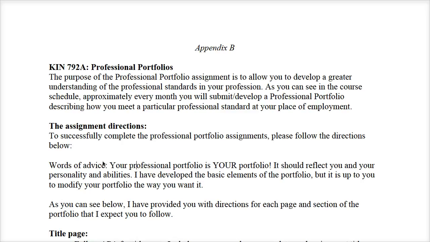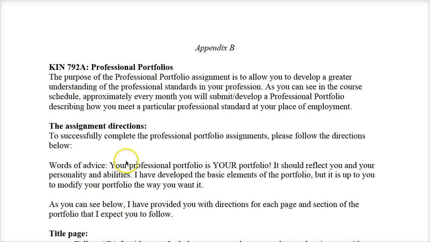You'll see in that completed professional portfolio, it's from an athletic trainer, and the reason why I used an athletic trainer portfolio instead of a PE teacher or coach is because I didn't want to entice you or have you be tempted to copy and paste and plagiarize. In this presentation, I'm primarily going to use the template and the completed portfolio,